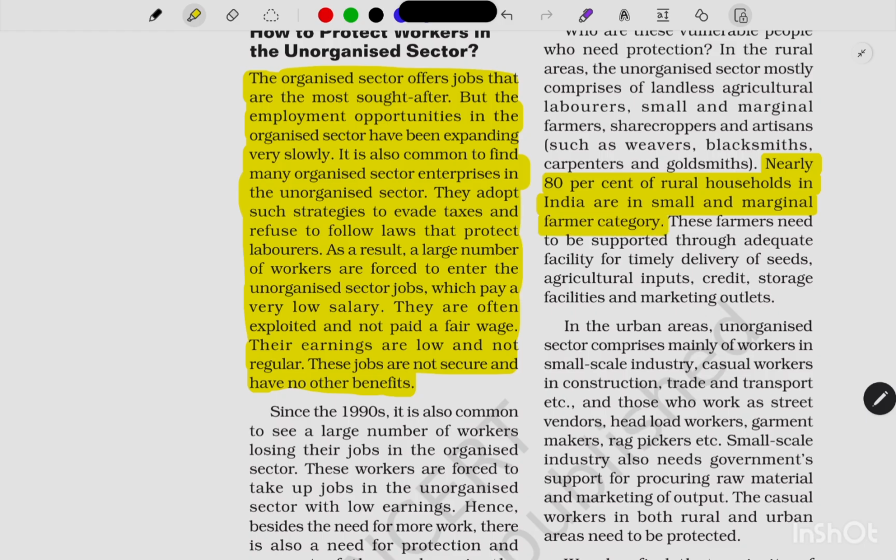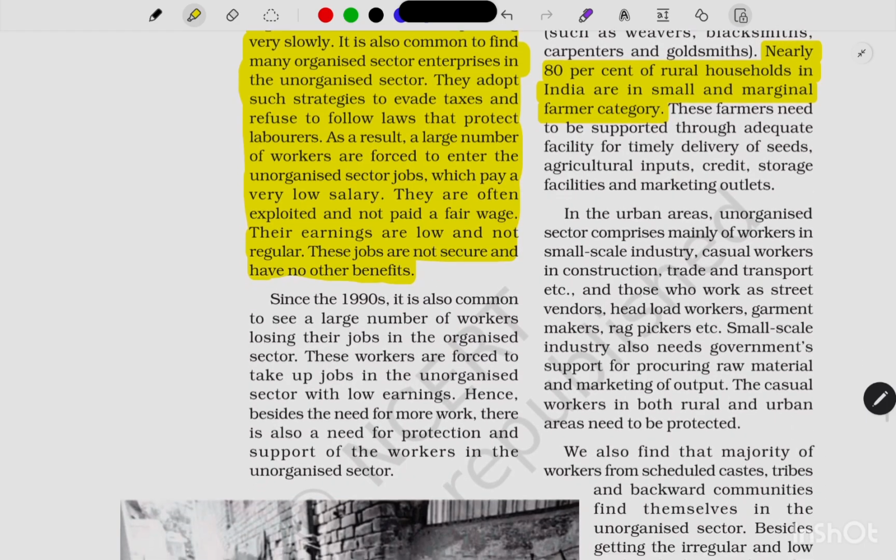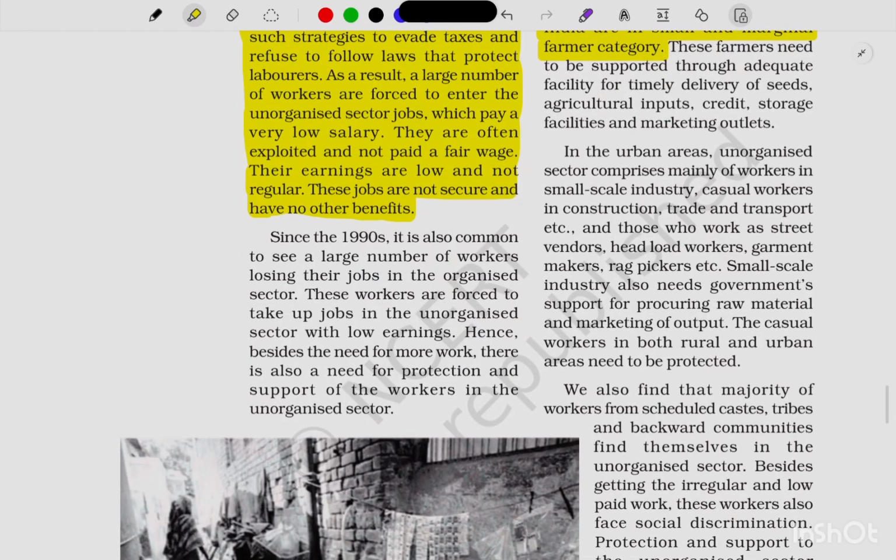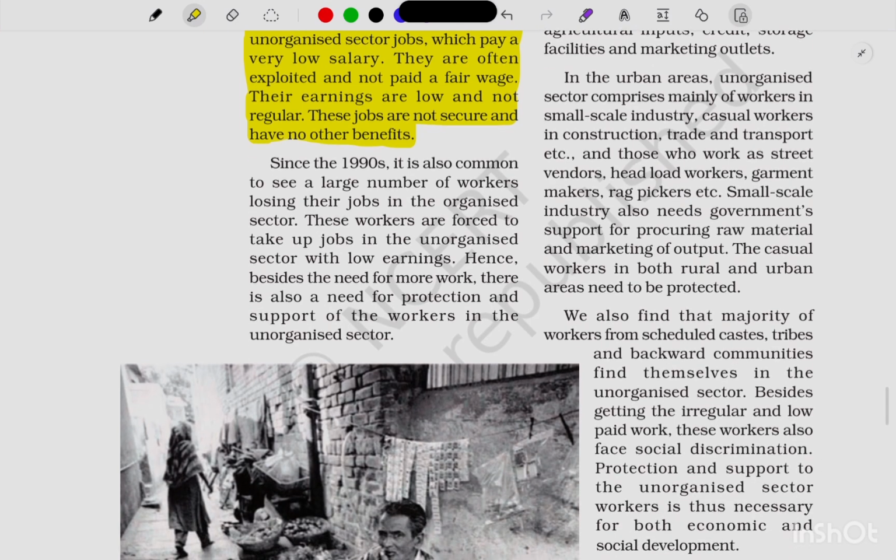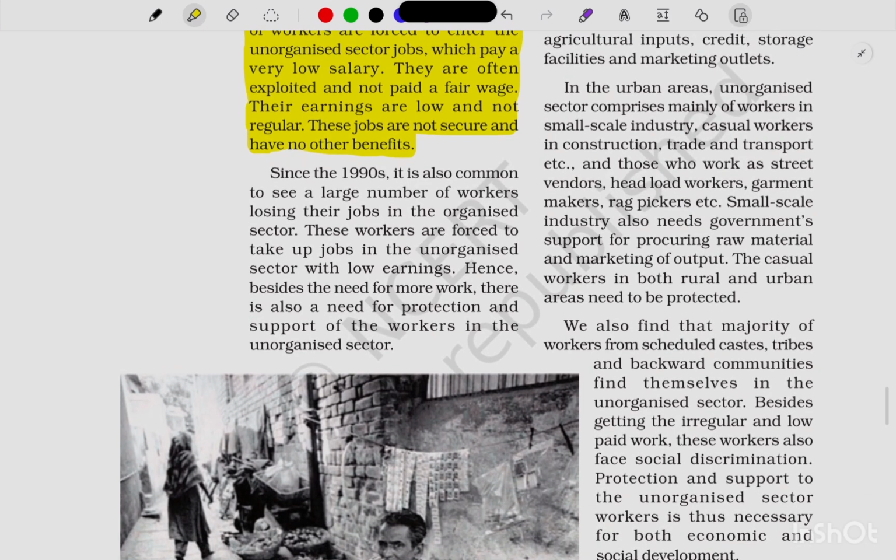These farmers need to be supported through adequate facilities for timely delivery of seed, agricultural inputs, credit, storage facilities, and marketing outlets. In the urban areas, the unorganized sector comprises mainly workers in small scale industry, casual workers in construction, trade and transport, etc., and those who work as street vendors,